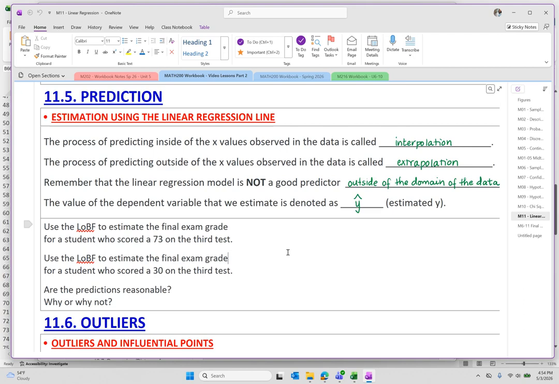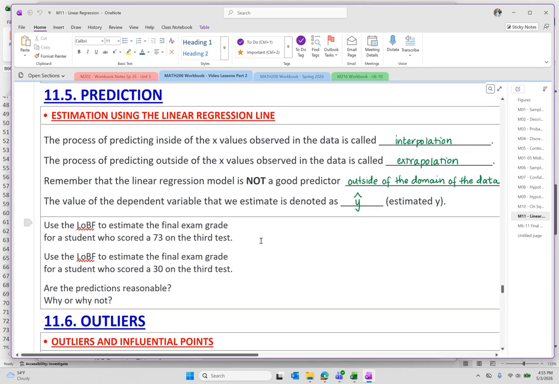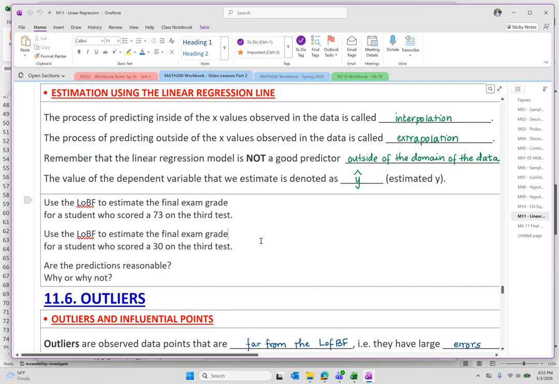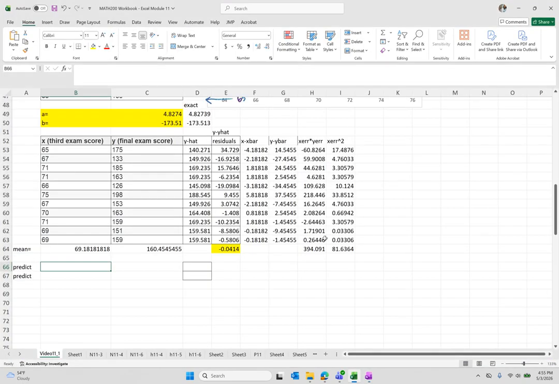Now remember that the linear regression model is not a good predictor outside of the domain of the data. So when you are doing extrapolation, you need to be very careful and very thoughtful of whether you are making a good prediction or not. The value of the dependent variable that we estimate is denoted as y hat. So in the line of best fit that we estimate the final grade based on the third exam grade, if you remember, the line was y hat equals, let's look at it again,